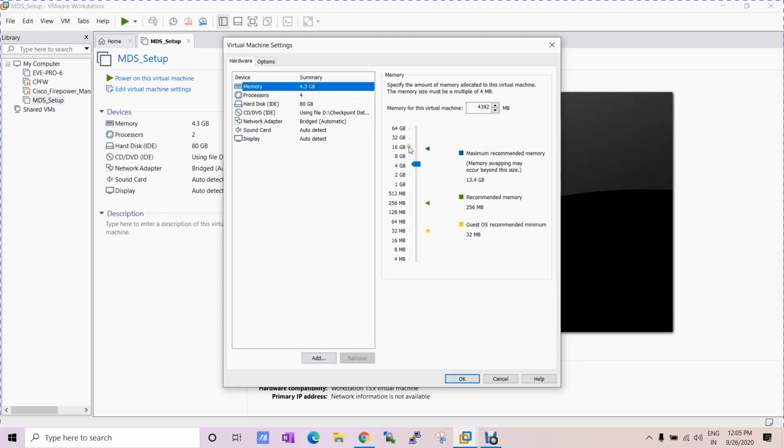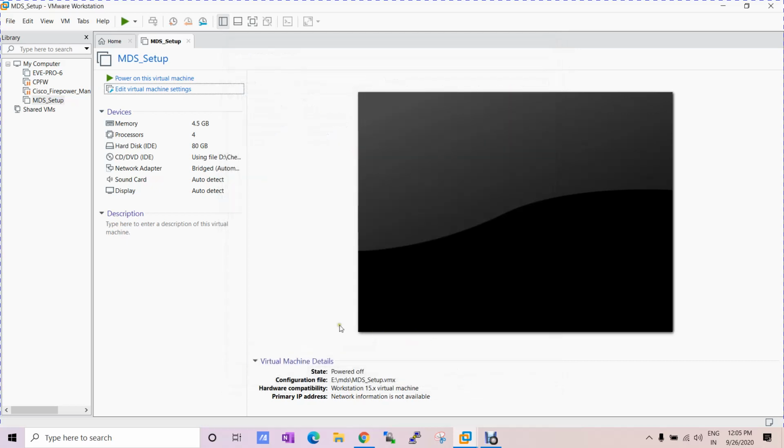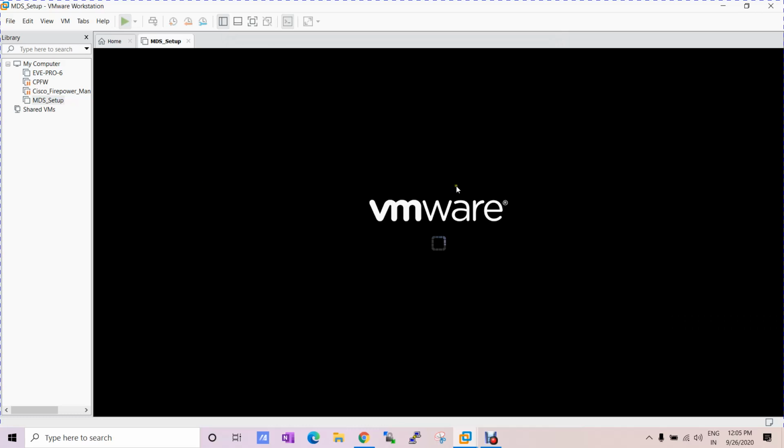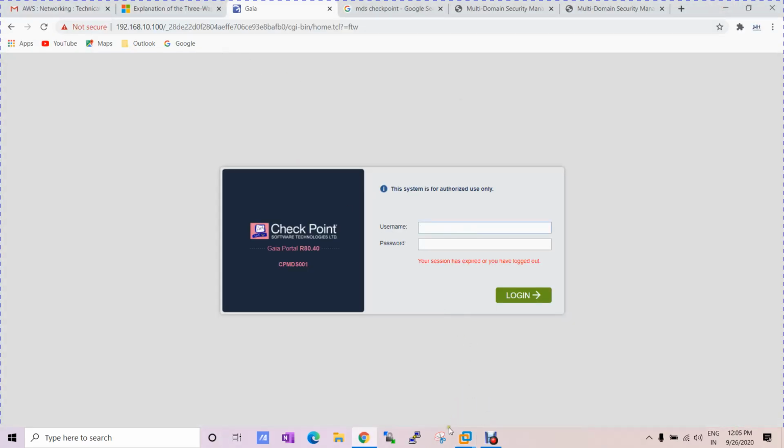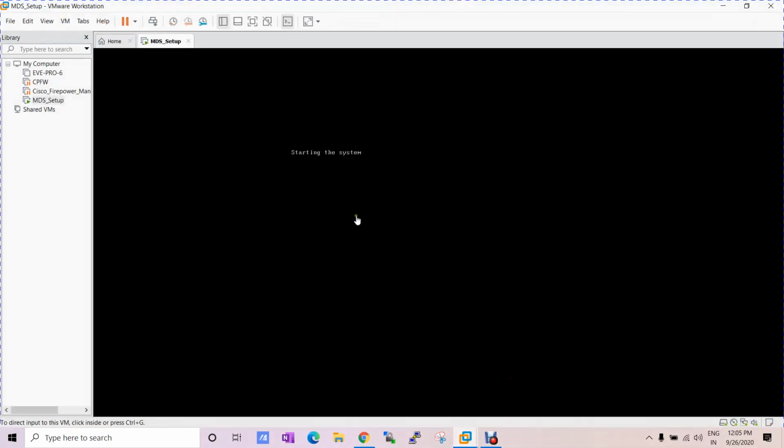Let me increase the RAM as well. So I'm doing here 5. Let me power it on. It will take some time. After that I will log in and configure my first time wizard which was pending.